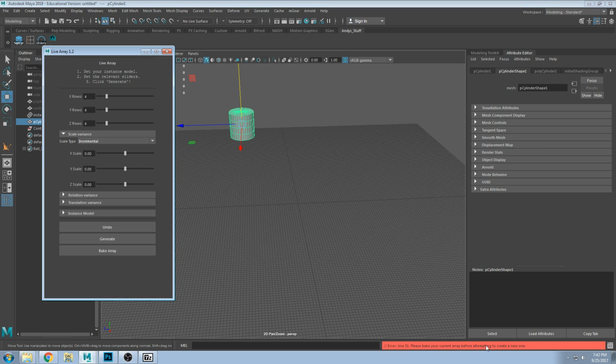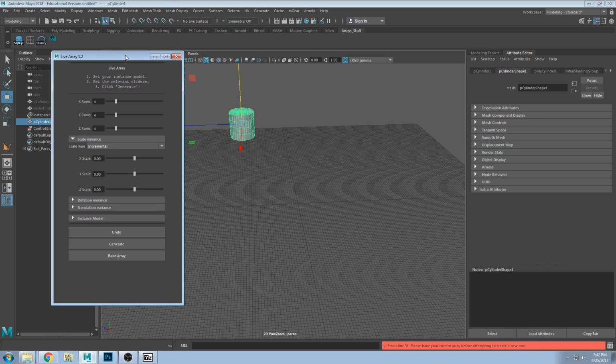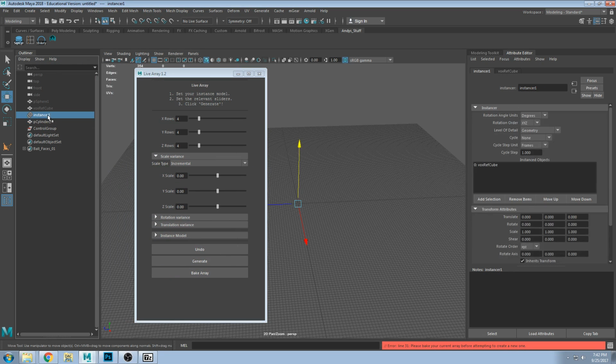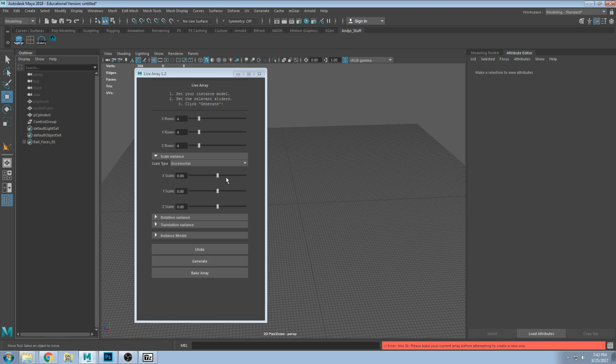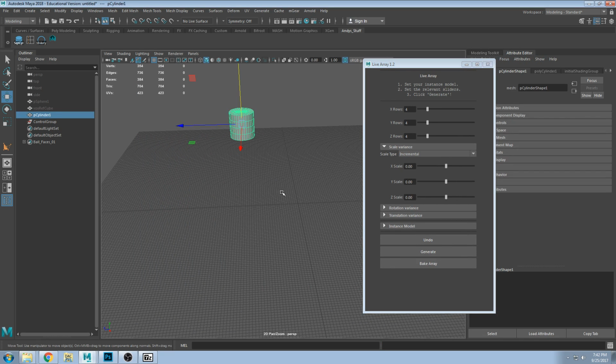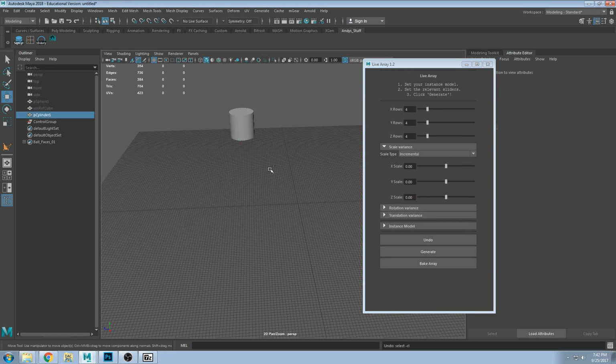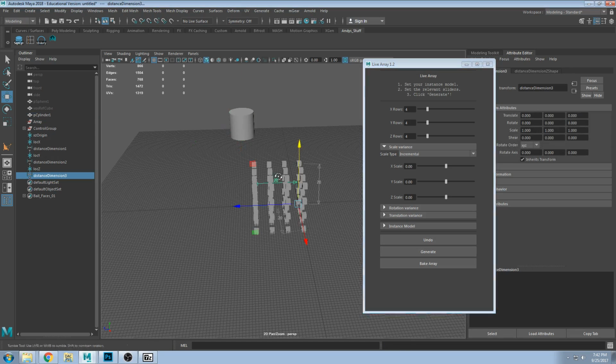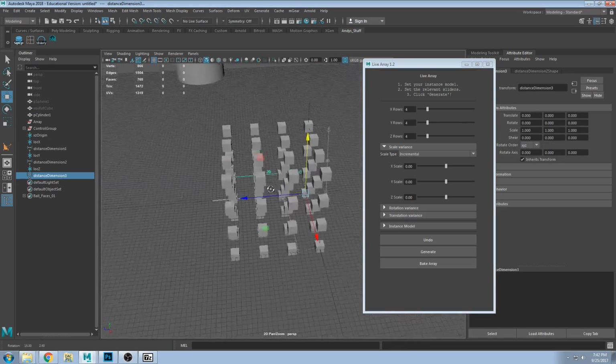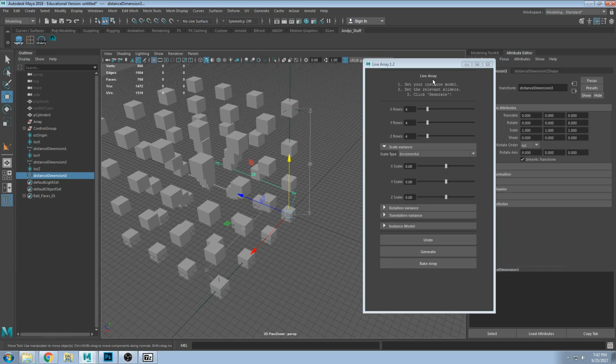Please bake your current array before attempting to create a new one. So down here is where you'll get feedback from Mel and actually Maya just in general. I think it's probably this thing, instancer. There we go. Oh no, it wants me to bake that array. There we go. I don't know why they're all boxes. Select your instance model, select the relevant sliders, click... Well,